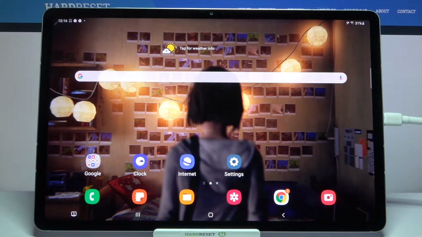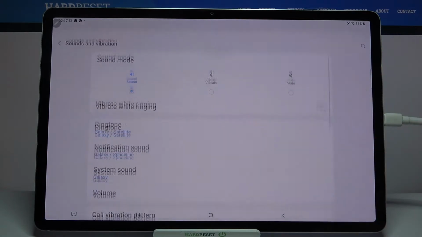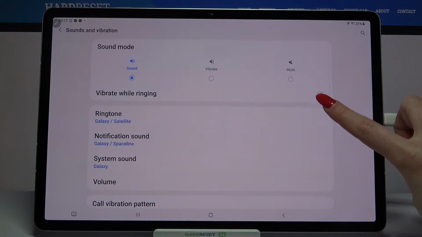Hi, in front of me is Samsung Galaxy Tab S7 Plus, and today I would like to show you how you can operate vibration settings on this device. Firstly, go into Settings. Now click on Sound and Vibration, and over here you can click on the switcher next